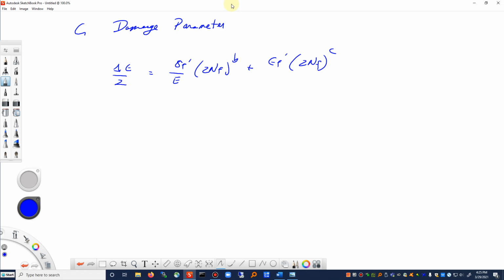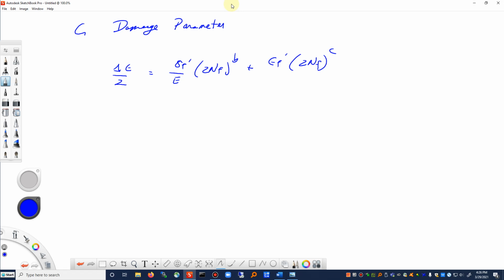We have our strain life damage parameter. The strain amplitude, or the strain range divided by 2, is equal to sigma f prime over E times 2Nf to the b plus epsilon f prime times 2Nf to the c, where sigma f prime, epsilon f prime, b and c are coefficients and exponents that are related to either the strength, sigma f prime and b, or the ductility of the material, epsilon f prime or c. In this case, we're looking at the number of reversals, which is 2 times the number of cycles to failure. Okay, so in order to apply this damage parameter, we need to know those material properties,